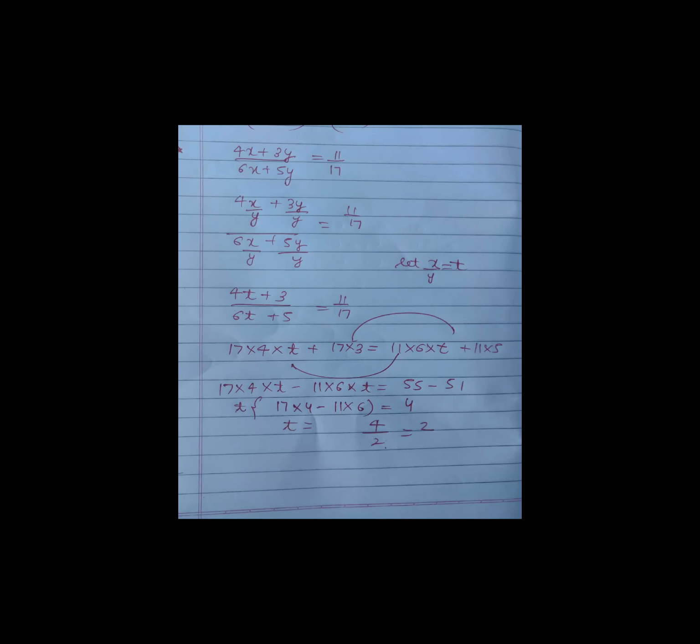You have to find the value of x upon y. See, 4 into x is equal to 3 into y. Now 4 is in multiplication. If we send it to the right hand side, it will become division. So x is equal to 3 upon 4 into y. Now this y is multiplication. If it comes to the left hand side, it will become divide. So x upon y is equal to 3 upon 4. So 3 is to 4. Okay, got it.